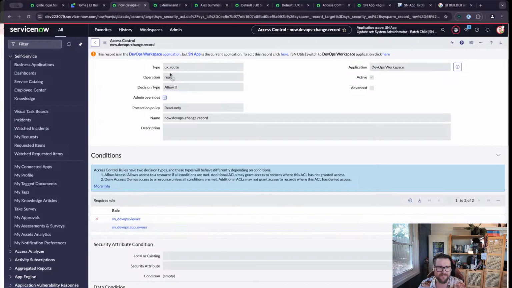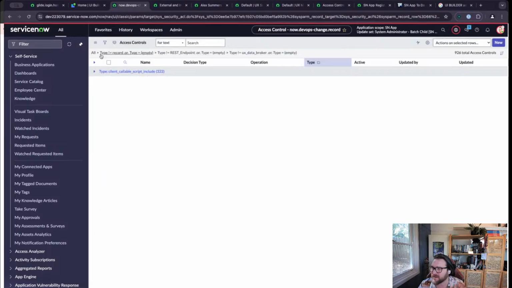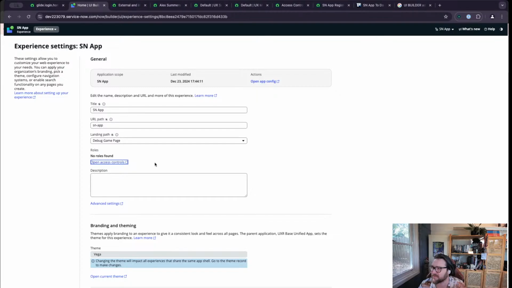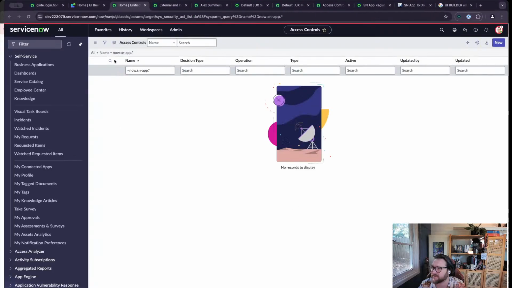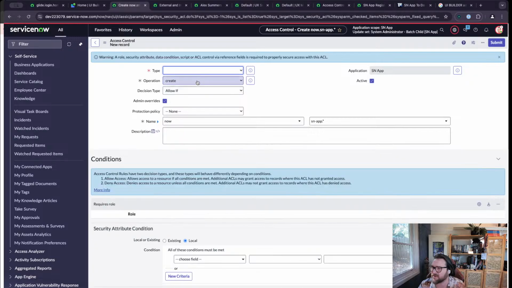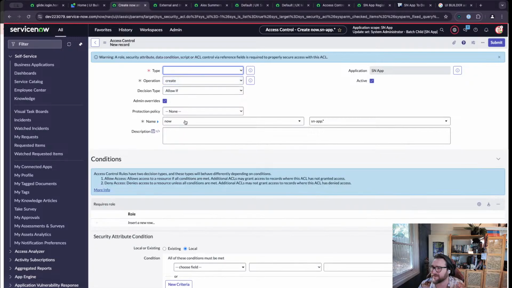UX route. I'm going to take a punt here. I'm going to guess that a UX route ACL is the type of thing that we probably need for our application. So I'll actually navigate so I don't need to create stuff. I'm going to go new, and I'm going to select the type to be a UX route, or am I? Is it going to let me do that? Yes. Okay, cool. Operation, I've got no control over it, and we're going allow if,